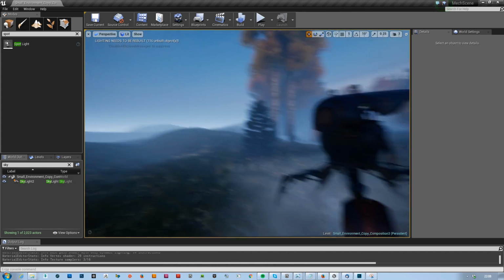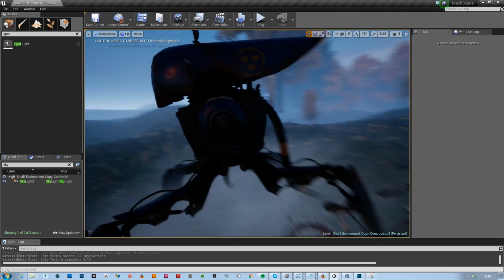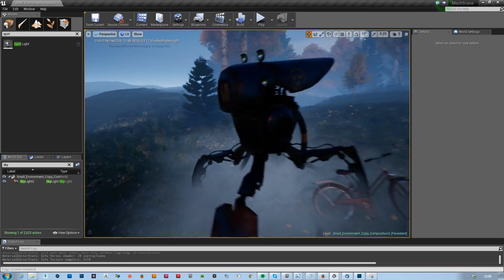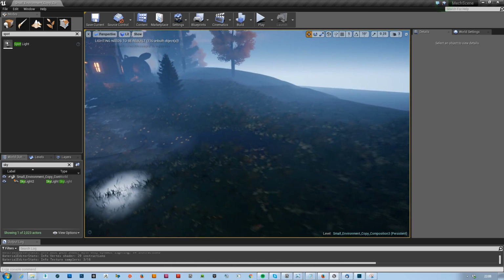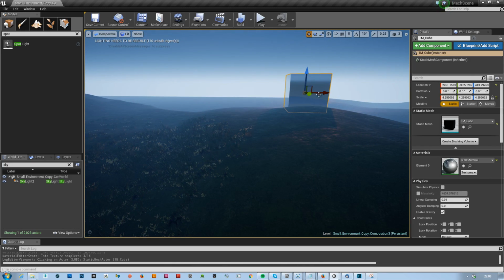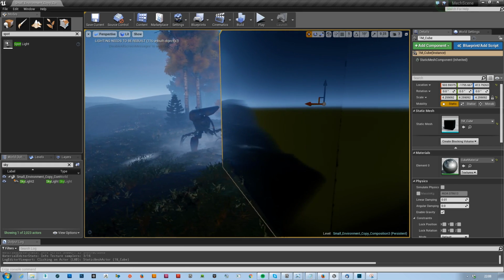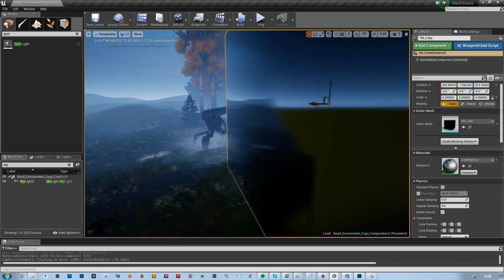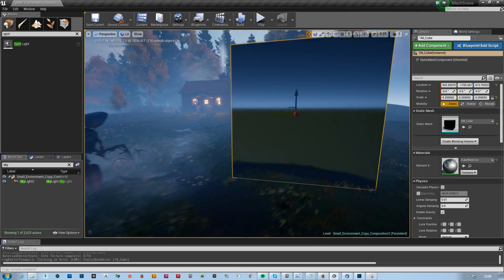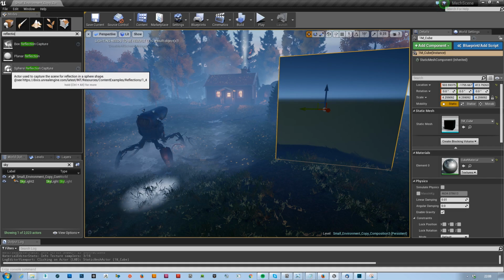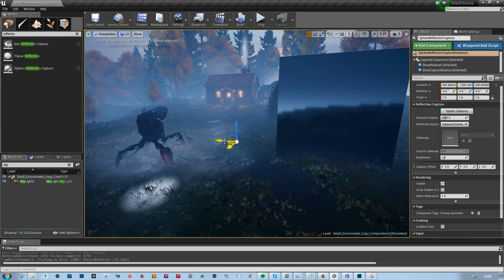What I also want to do is, this robot now is only getting the sky reflection, and you know that we only have a green color. So where did I put my cube? If I bring back my cube, we can see we don't really have any localized reflection here besides the screen space reflections. So this robot is not getting a lot of reflection. So what we're gonna do is add sphere reflection capture actors, and now you can see